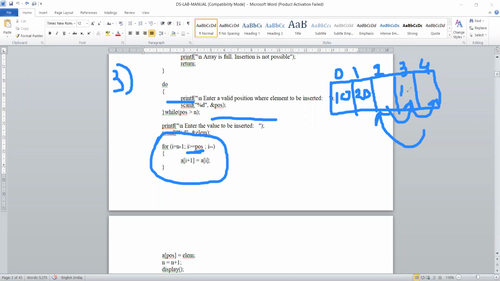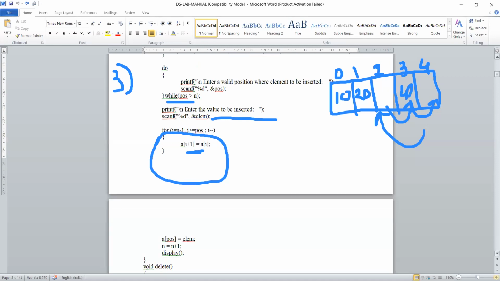So as of now, 40 is here. After this for loop execution, I think almost we are done. We have made space. Now in this position, a of position, that is a of 2, add the element you have read here. What was that? 30 I have stored in element, add it, or move element into a of position.